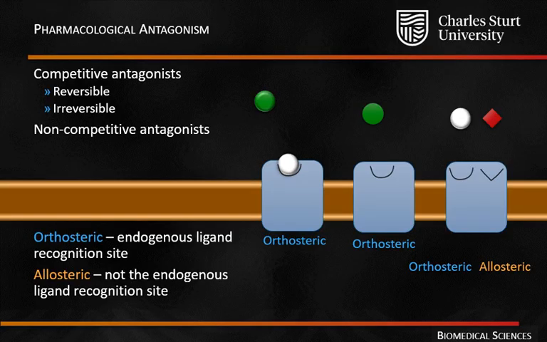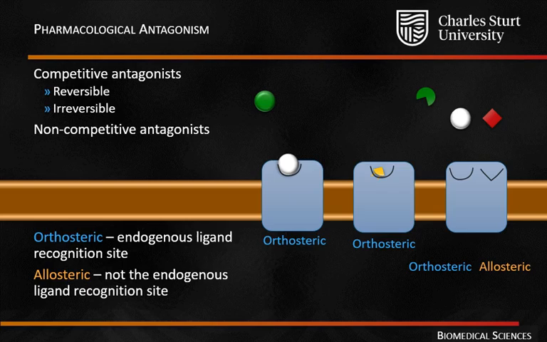This is an example of a reversible one, so the antagonist can bind and it can dissociate. You can also have irreversible competitive antagonists, again binding to that orthosteric binding site. The drug binds and leaves a little bit of itself behind covalently